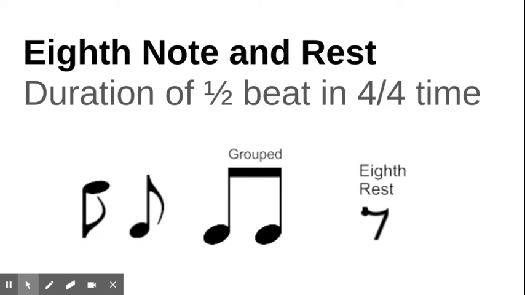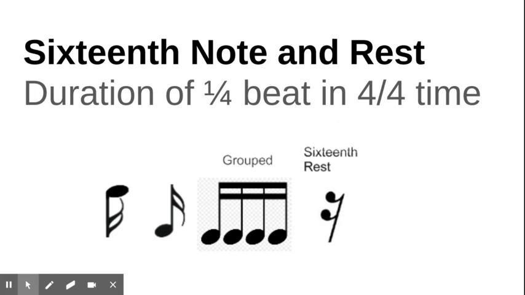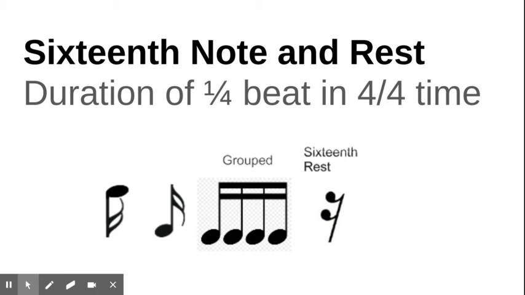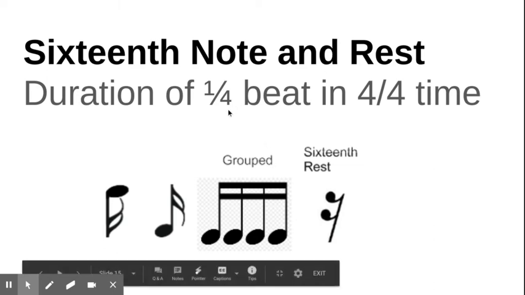So there's another note to go through, and it's half as long as an 8th note. And if you're good at math, you probably guessed that it's a 16th note. It has a duration of a quarter beat in 4/4 time. And this sounds really complicated, but once we get to reading rhythms, you'll understand how that makes sense. That just means that if you've got a beat here, you could fit these 4 in one beat. Right, getting along with the pulse there. So while it sounds complicated to say it lasts for a quarter beat, in practice, it's not that bad to figure out.